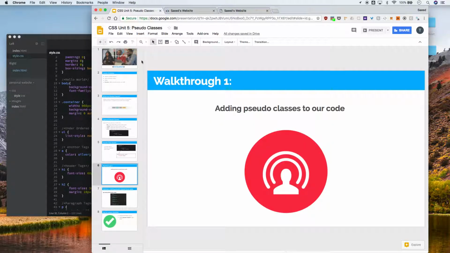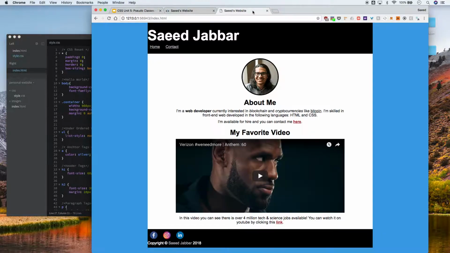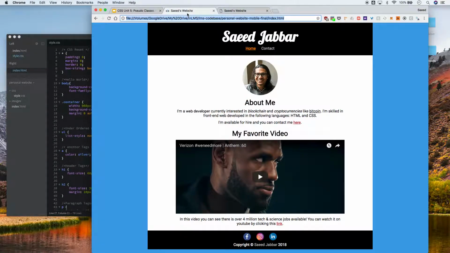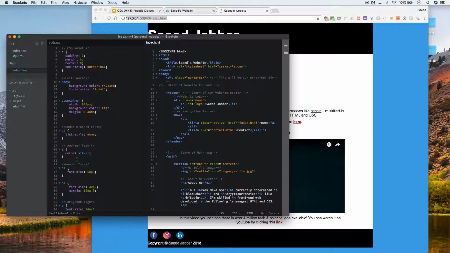Alright, so you know the drill by now. We're going to open up our website folder in Brackets, and we're going to preview our site. Currently it looks like this. We want it to look like this. And the first thing we're going to do